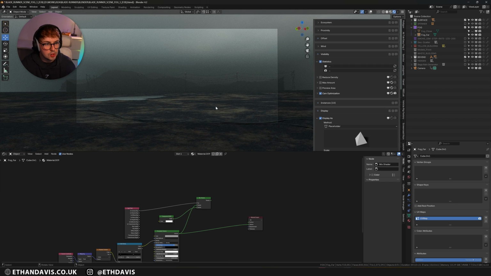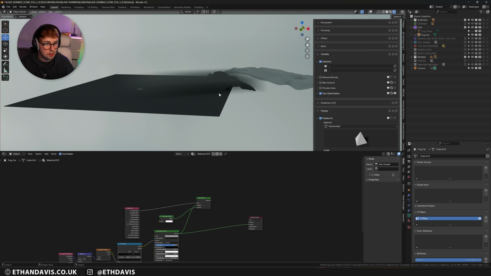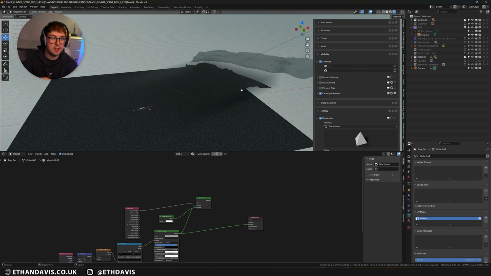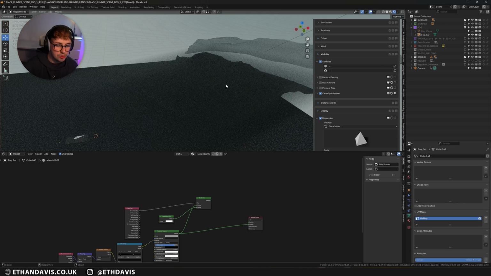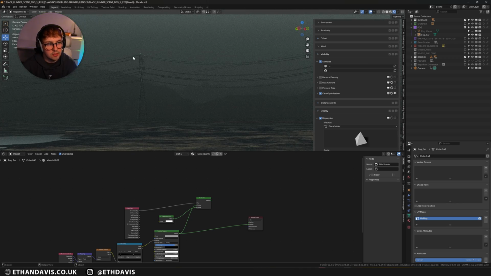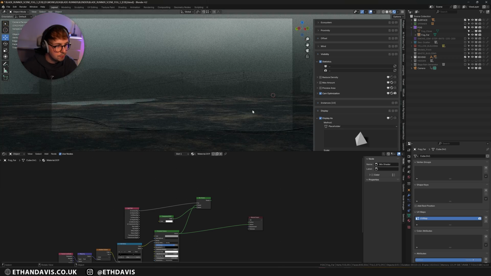The reason for that is because if you just have a fog box on the mountain, you'll probably be able to see where it ends. And in real life, fog doesn't really just stop. It either gets really centered and close and then fades out, or it's in one part as a cloud or something. So I really wanted this to be heavy on the mountains and then blend all the way into the shot, so it's completely seamless, and also so it starts getting the glows off the lights.